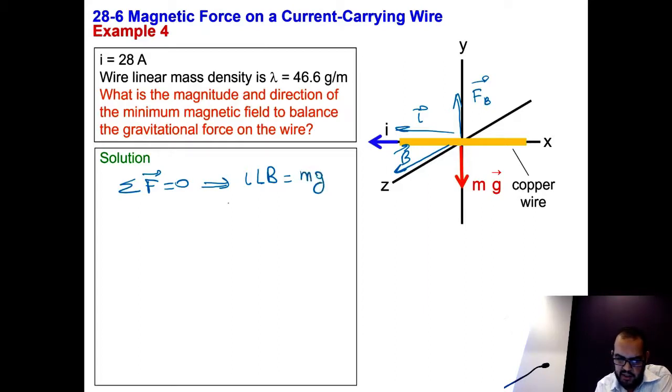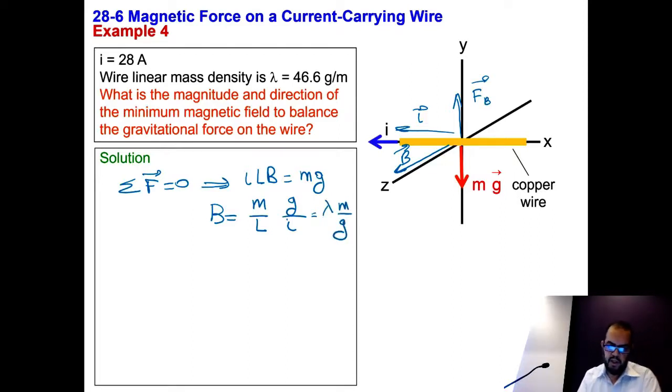So B is going to be m divided by L, times g, divided by the current I. The current I is small case. The mass divided by the length is lambda, the mass per unit length, so B equals lambda g divided by I. This is the magnetic field that will balance the gravitational force. And if we replace the numbers,